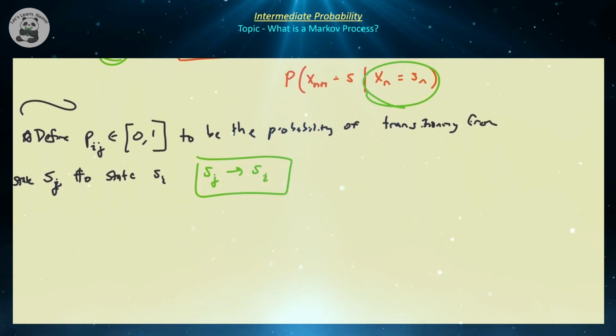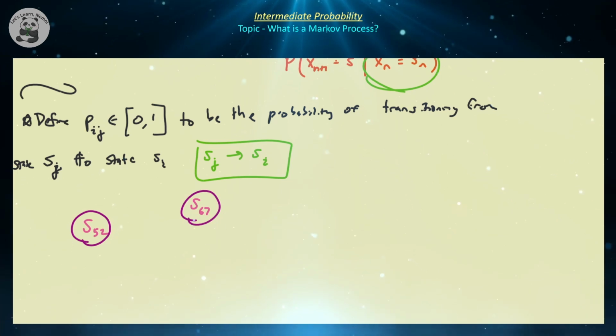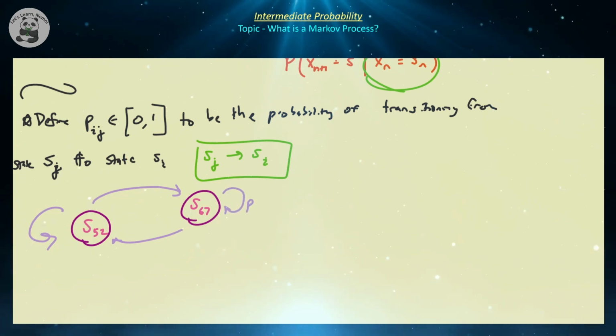Okay, so for example, let's assume that we have state 52 here and state 67 here, and that these are the only two states we're focused on, right? We can transition from one to the other, and also keep in mind we can transition from a state to itself. So this would, for example, be P_6767, and this would be P_5252. Now, when i and j are not equal to each other, that's where the triviality becomes a little bit non-obvious sometimes. So here, what is this going to be? Here we're going to 52.